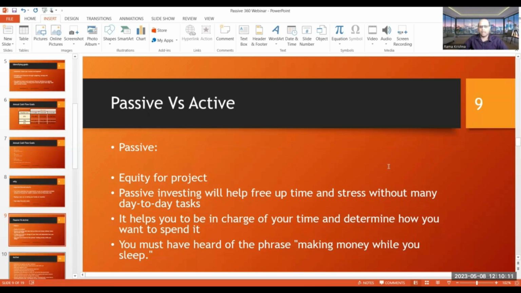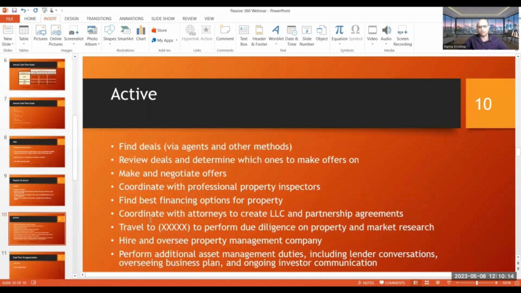If you come to the active side, you have to do all these activities like finding deals, off market or on market, through direct selling, direct mailing to sellers, or working through commercial brokers. You need to review deals and determine which ones are good, which ones you can make offers on, and negotiate offers with the brokers and sellers. You can coordinate with professional inspectors. You need to do all the due diligence before and during the PSA, and find the best financing options for the property. You can coordinate with SEC attorneys to create LLCs and